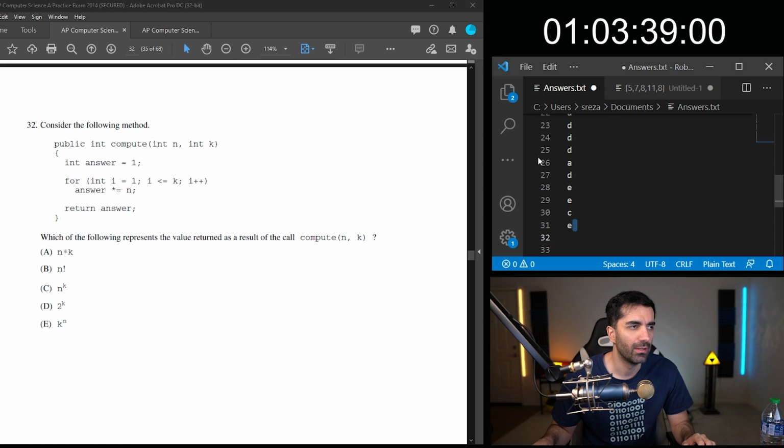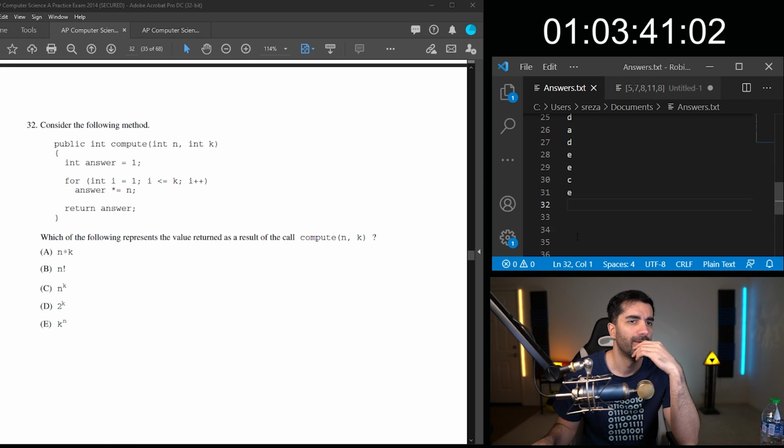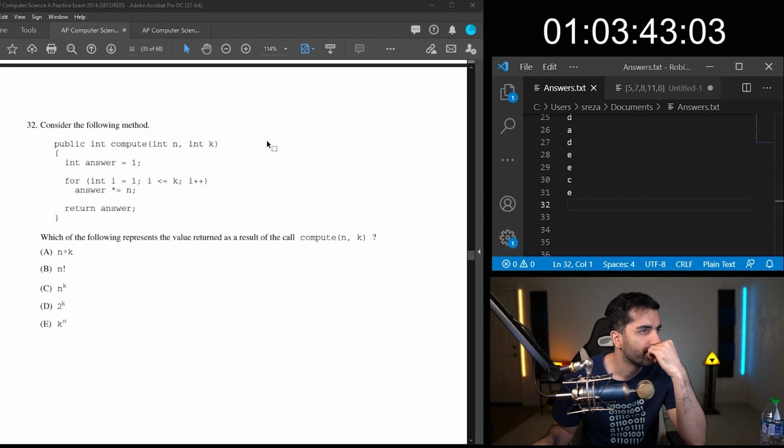All right, consider the following method. So we're going to call, which of the following represents the value returned as a result of the call compute n in q.